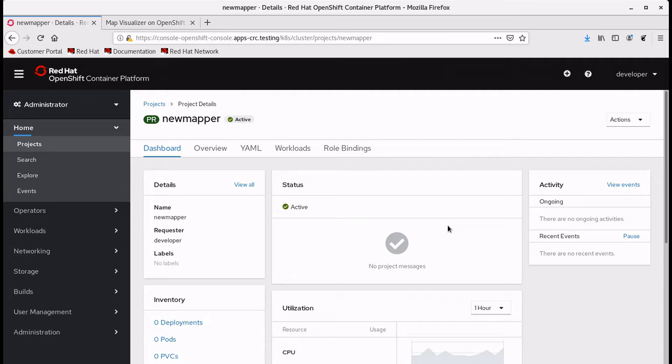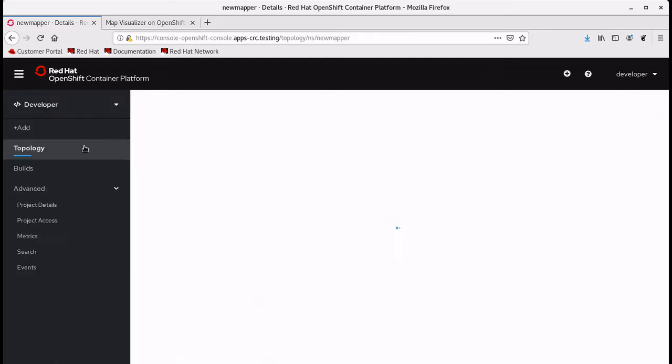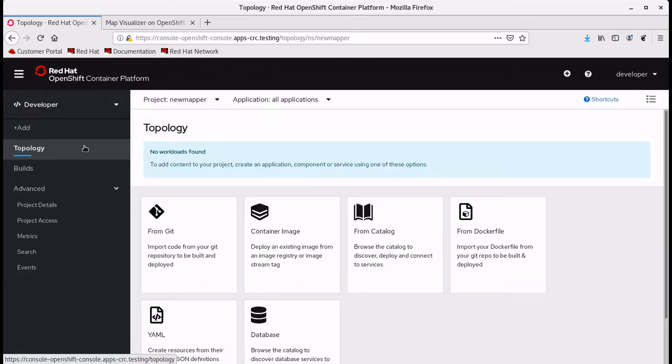And here we see the brand new project. Now it's there and it's active. There's nothing there because we just created it. So let's now fill in the blanks a bit, shall we? Right now we're looking at the administrator view, and if you look down the left hand side you'll see that there's lots of things having to do with administration. We're going to switch over to the developer view, which is much more concise, a lot easier for developers to